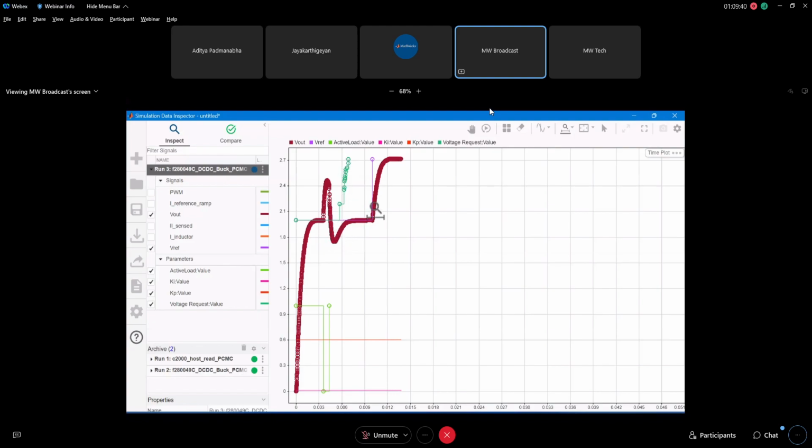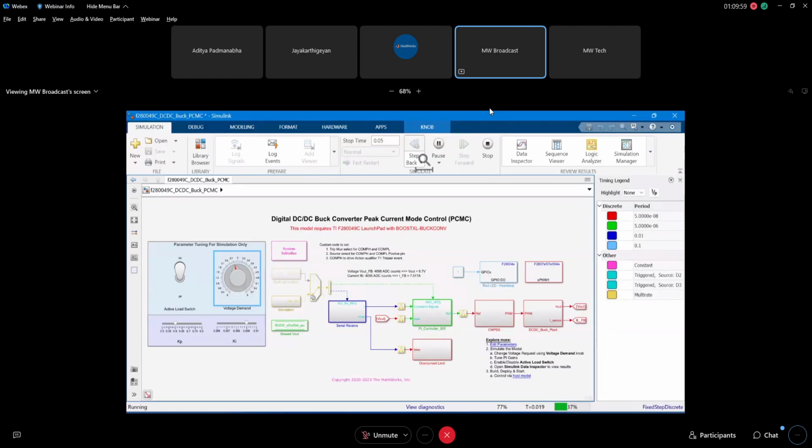And then since I requested the voltage at around 2.7 volts, the actual voltage again changed to 2.7 volts, and it is continuing in that path. So you can even vary the KP, KI gains and see whether your system is stable or any additional changes need to be done. All those variations you can look at when simulation is running. So let me stop this simulation